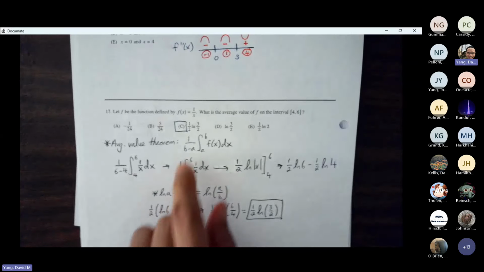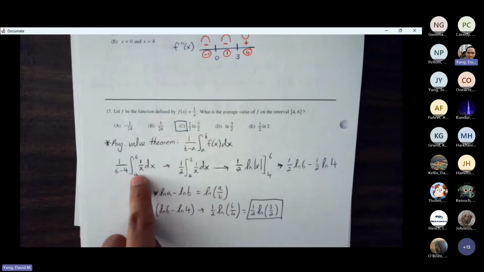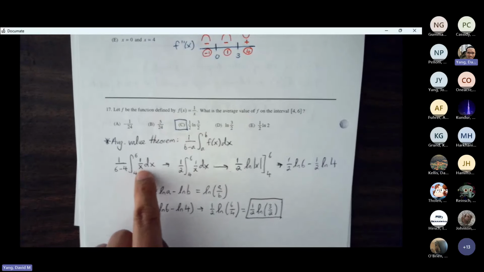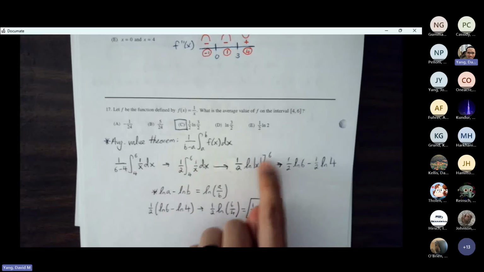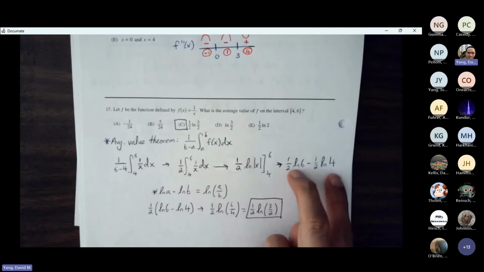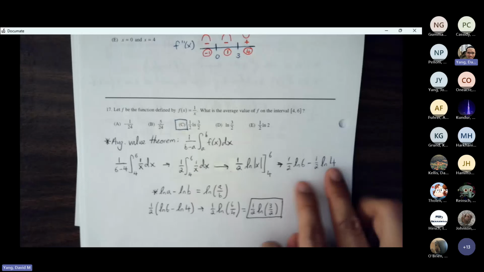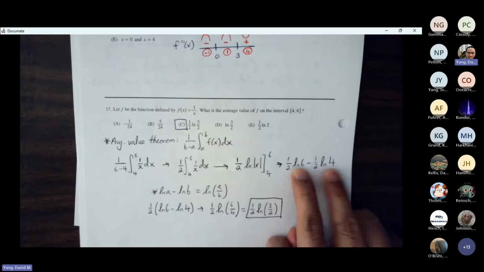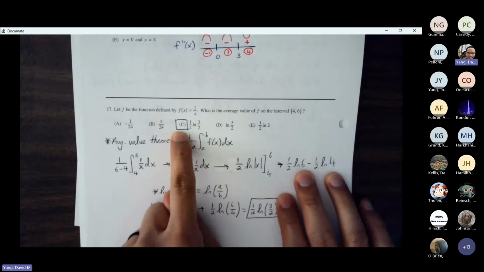17 is just working out the average value theorem by hand. 1 over b minus a, integral from a to b of f of x. We know 1 over x turns into natural log of x, plug in my upper and lower bound. And I'm just using my log properties here. This would be an acceptable solution if it was a free response, but we're trying to make it match an answer